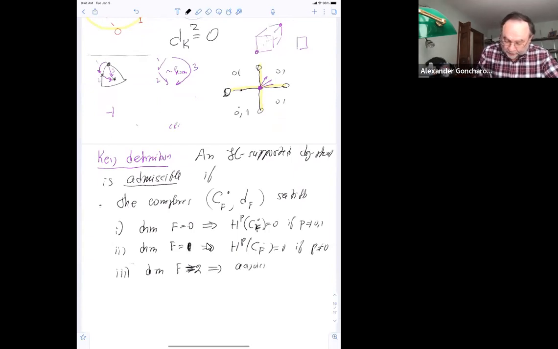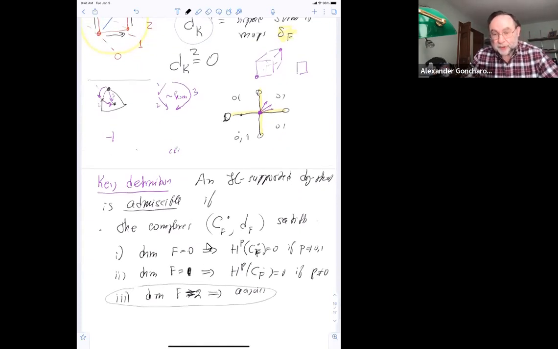The last condition is the one which guarantees the conditions of microlocal support. The second condition tells you that the cone of this map from here to here is concentrated in one degree, and this is actually the microlocal support on this line. Generically, we can have two components of these complexes. So this is the main definition. It's a very strange definition, and we were very surprised when we faced it.